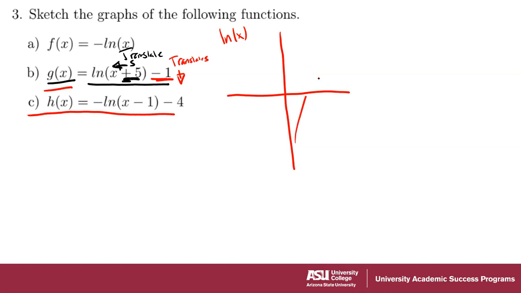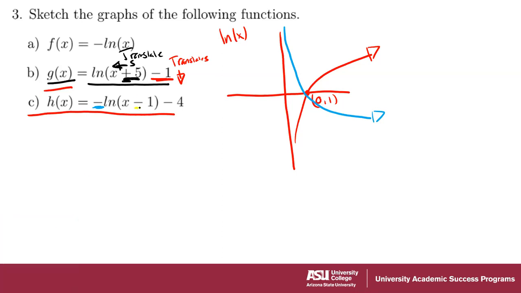That looks bad. Maybe something like that. Again at 1, 0. So if we reflect that with the negative sign, and have one going down like this, then we have